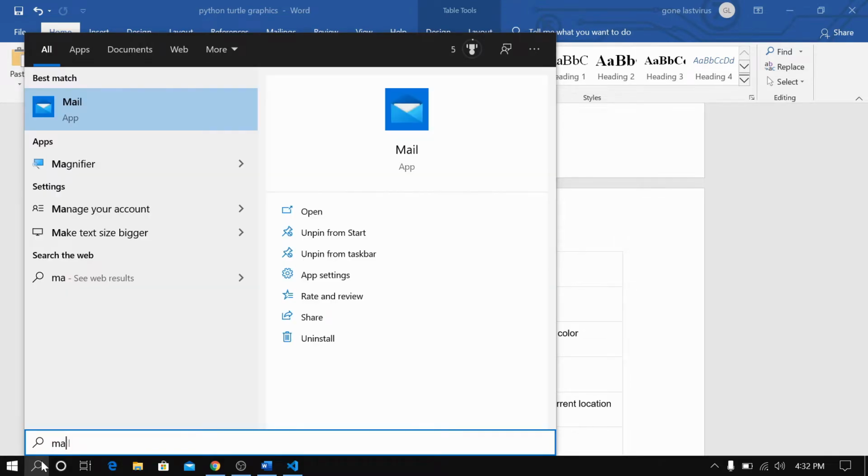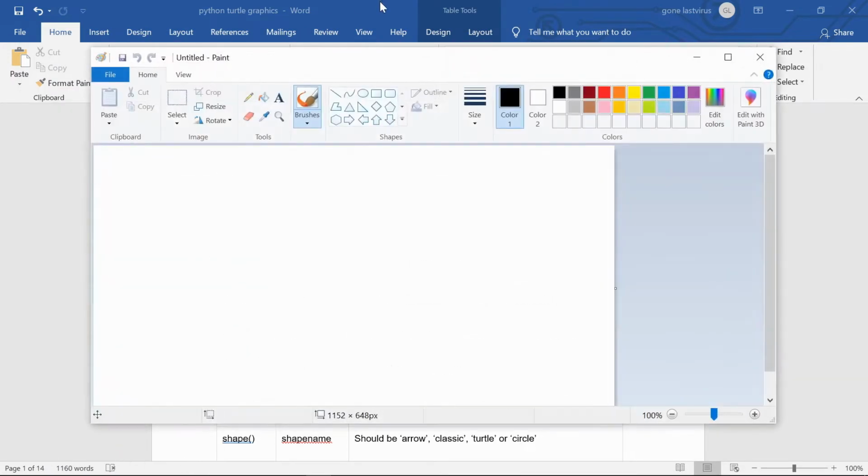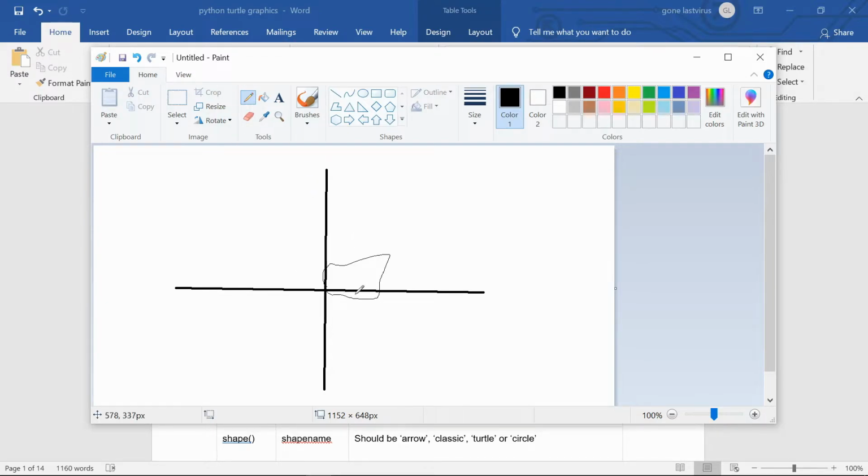So first I have to open Paint. Okay, so your screen is something like divided in axes. So this is the y-axis and this is the x-axis. So we have made a square starting from 0 0, that is the home position of that screen, and we have drawn a square like this, and we have filled a red color inside it. And okay, so now we have to move the pen from this 0 0 to okay, so this